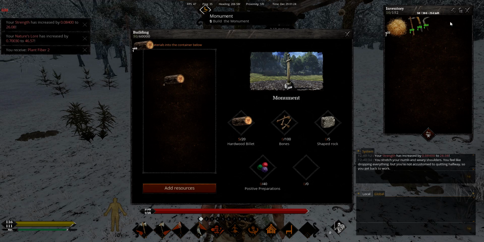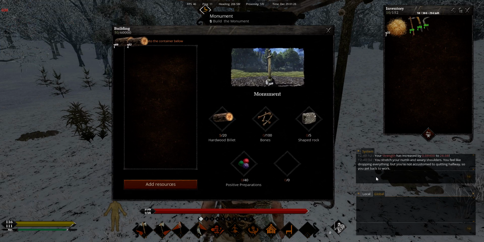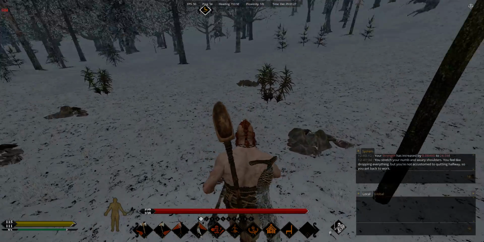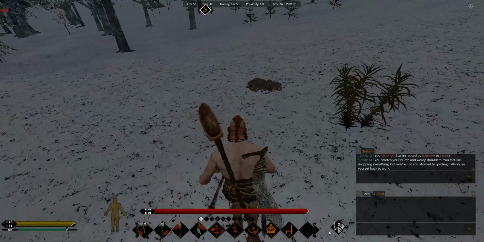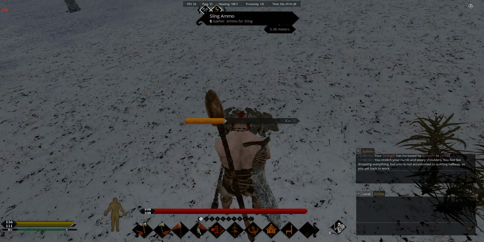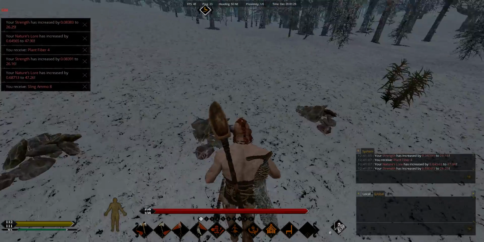Inside you've got your little ingredients that you need to obtain: hardwood billets, bones, shaped rock and positive preparation. Hardwood billets, as you know, you get from logs. Bones you'll get from hunting animals with slingshot, crossbows, melee weapons. As early start in the game, it will be slingshot and slingshot ammo, which you can get by right clicking on the ground and going to look for materials, which we did before, and these little blobs here is sling ammo. You'll get your ammo, some plant fiber,